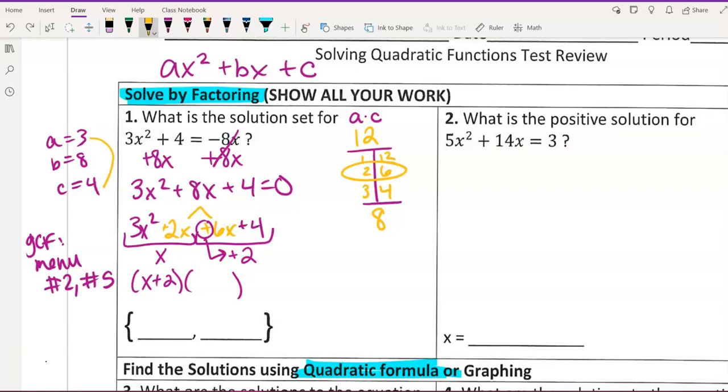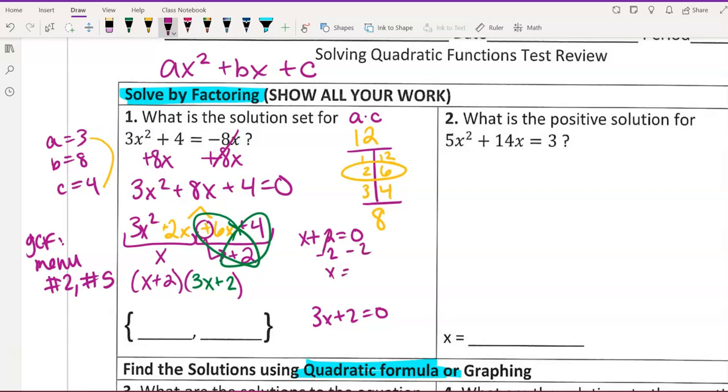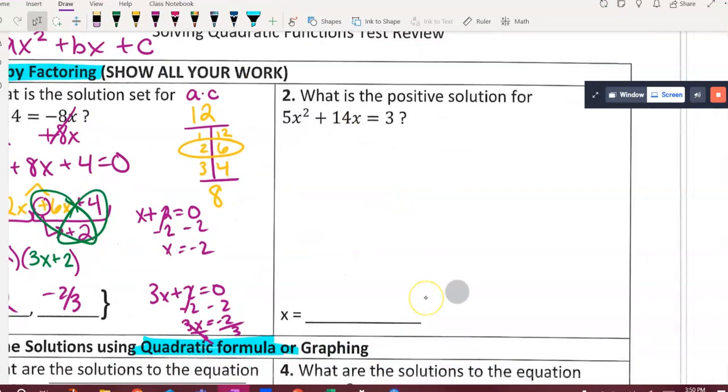And the second set of parentheses we divide. So we're going to say 6x divided by 2 and 4 divided by 2, leaving us with 3x plus 2. Now that we have our two factors, we're going to set the parentheses equal to 0 to solve for x. So we have x plus 2 equals 0 and 3x plus 2 equals 0. So for the first one, we need to subtract the 2, leaving us with negative 2. And the other one, subtract the 2 and then divide by 3, leaving us with negative 2/3. All right, for the next one